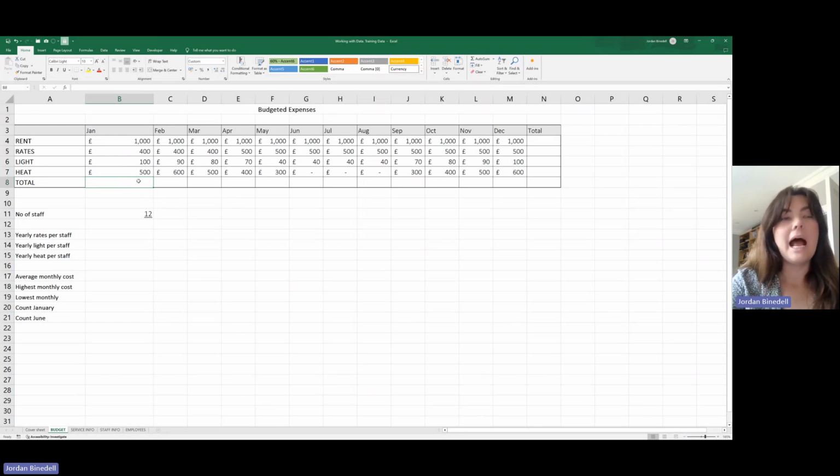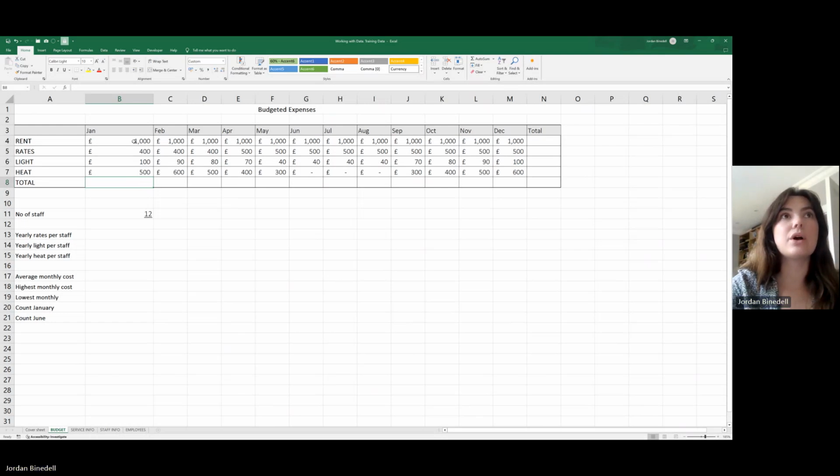So I hold that down and then I press my equal sign, and you can see it has automatically gone to find where the data is listed around that empty cell and inputted that formula for me. So really, really helpful. We can do that again here. We select our empty cell, we hit Alt, and we hit equals. And again, it has gone searching for the data next to that empty cell, made an assumption. In this case, it's the correct assumption, and we hit enter. So another really quick and easy way to sum our data. We can delete that because I'm going to show you one more way